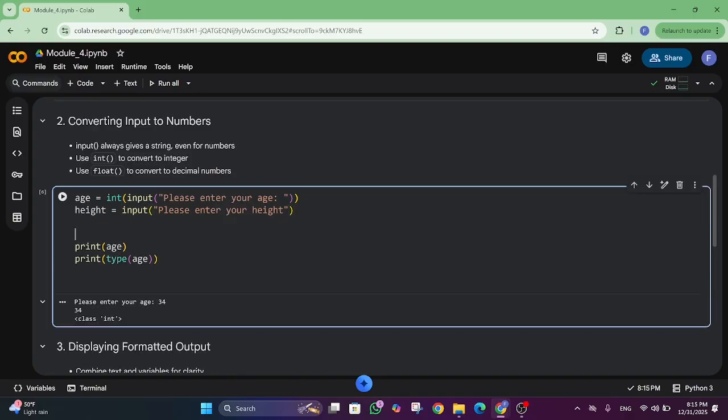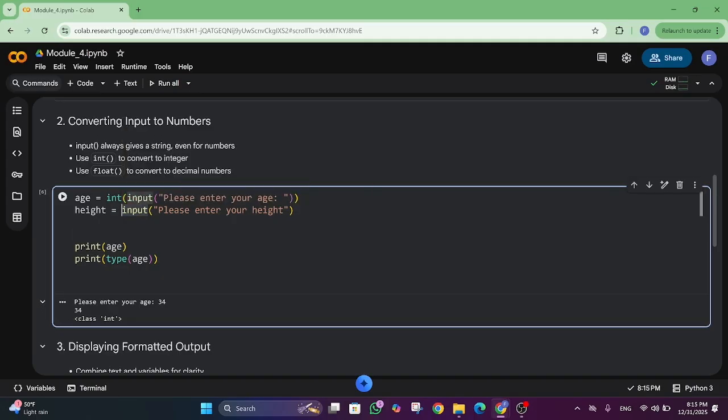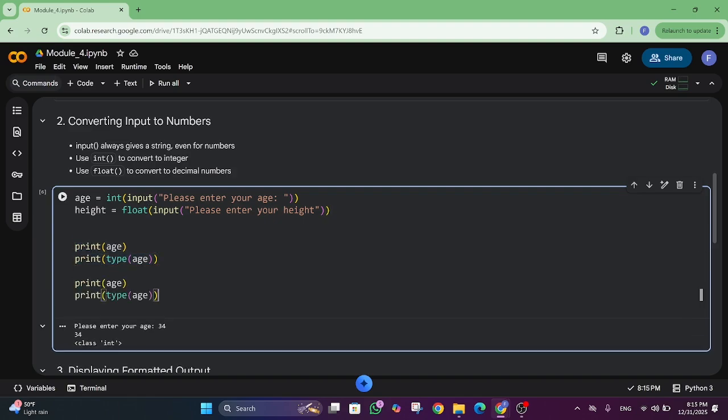Now when the person enters his height, it will be a string, so we have to convert that into a float. So we will write the float function like this: